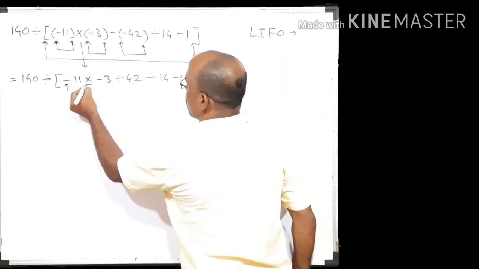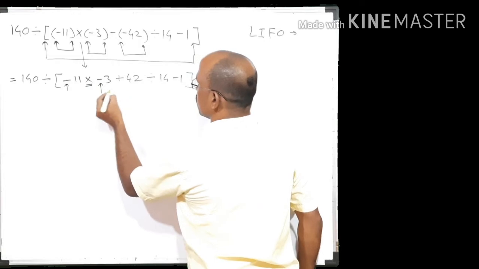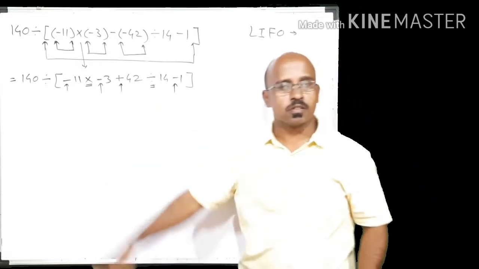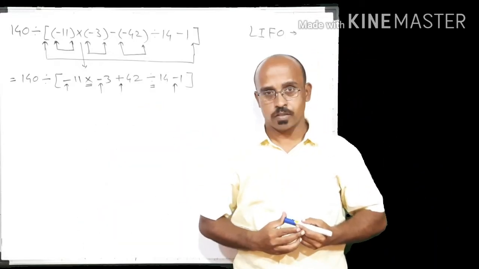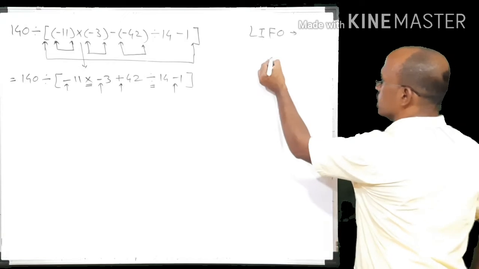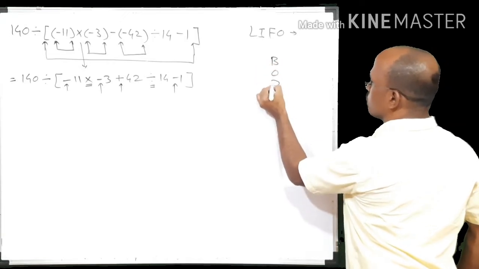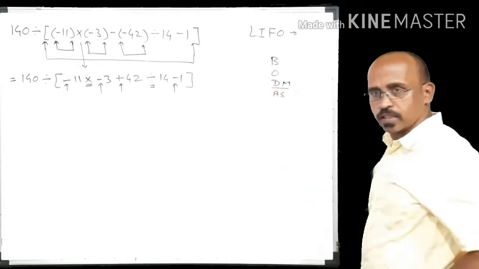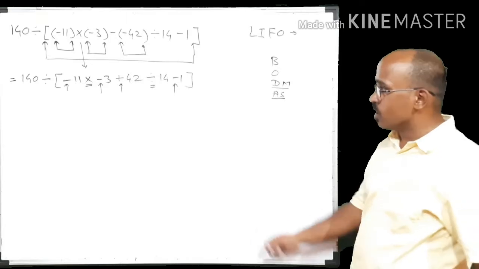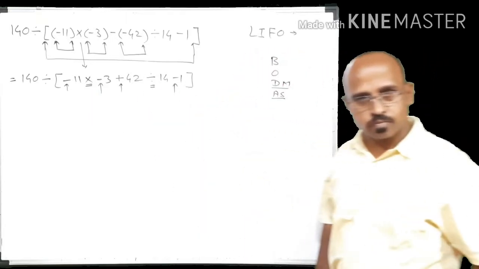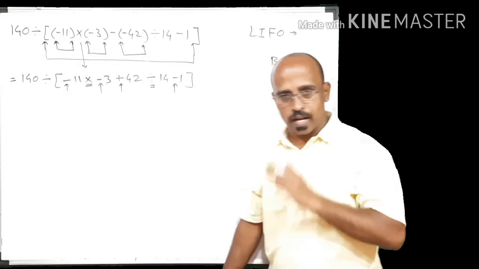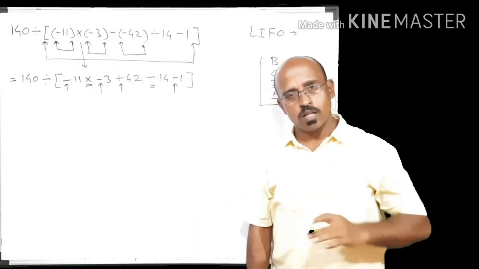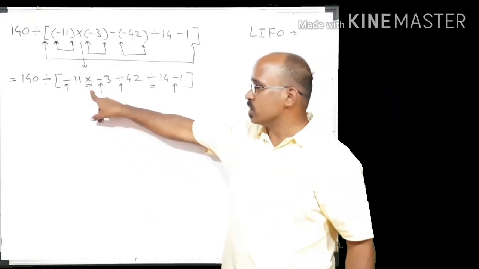Minus, multiply, minus, plus, divide, minus. So these many operations are there. So which one will have highest priority according to BODMAS? Division and multiplication will have higher priority than addition and subtraction. So here is one multiplication, one division, so they are having higher priority than addition and subtraction. Again, among those whichever is coming on left, that we will solve first, means we will perform this multiplication first.